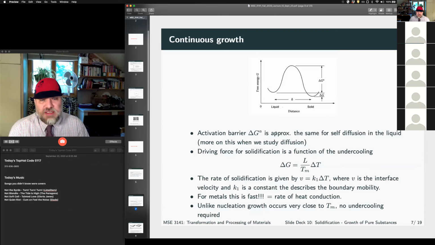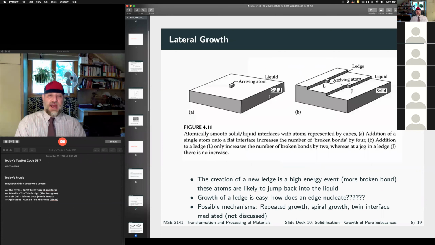Okay, so essentially, this is the continuous growth process. Atoms can just jump on and leave anywhere, right? That's why the interface gets rough. Lateral growth, if we think about this schematically. So now let's pretend this is an ionic ceramic, right? If we have an atomically flat interface